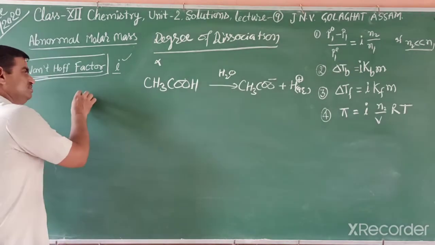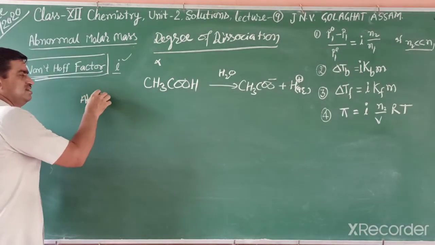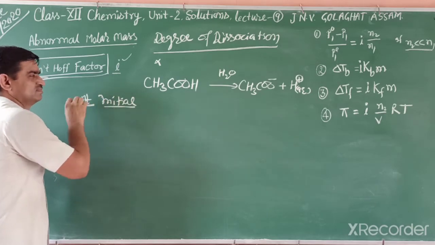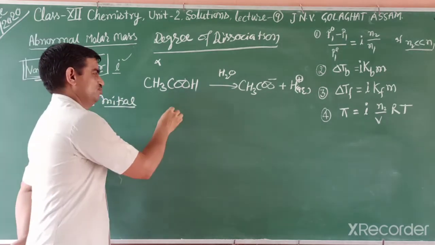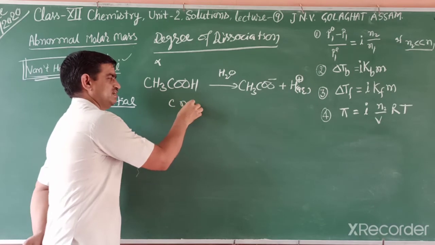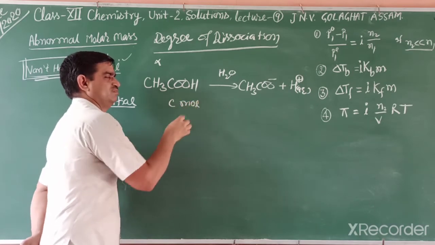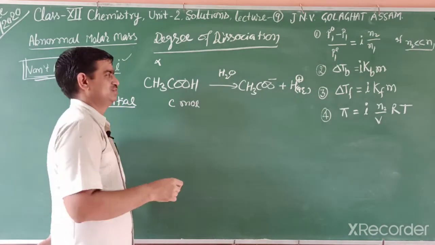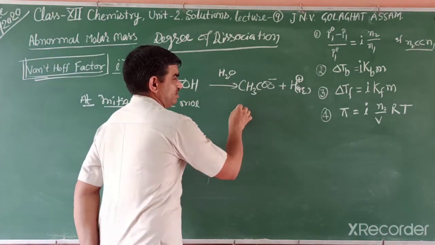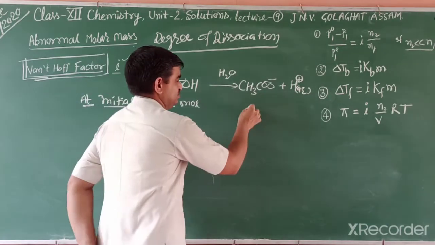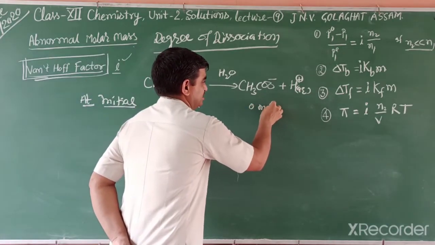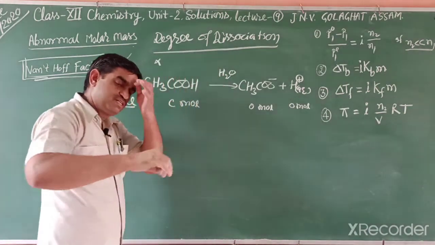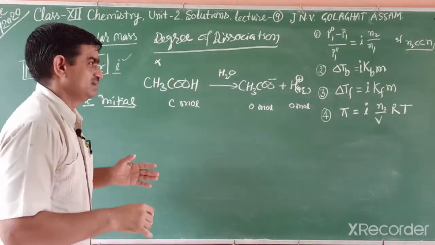So if you start the reaction at initial concentration, as we know from 11th class, suppose this is C mole. You can say n mole, or you can take 1 mole also. That is initial, when the reaction has not started, at that time the products are 0 mole because they are not dissociated. But after some time, when dissolved in water, at equilibrium,